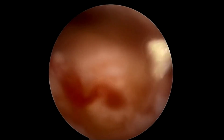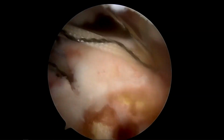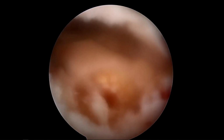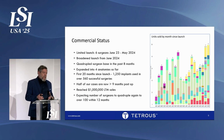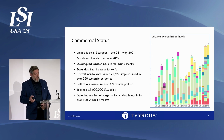It takes approximately less than 2 minutes for insertion time, covers the vast majority of the footprint, and allows us to proceed with our transosseous repair of the rotator cuff with a standard technique without interfering in any of the technical considerations for standard arthroscopic repair. So that procedure takes about 1.5 minutes to 2 minutes max. So it's minimally disruptive to the regular procedure that's being used, and finally gives you the opportunity for biologic healing